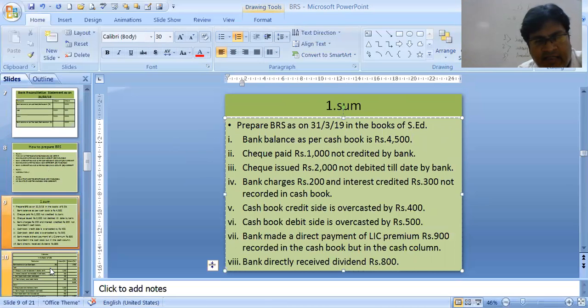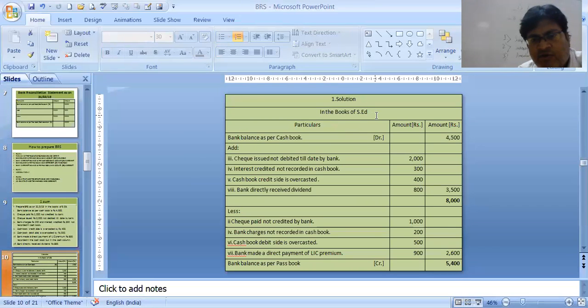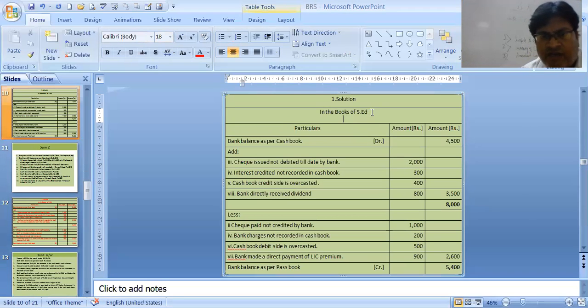So we will write in the format, in the books of asset particulars. You have to write BRS. That is not written over here. You must write BRS, bank reconciliation statement as on